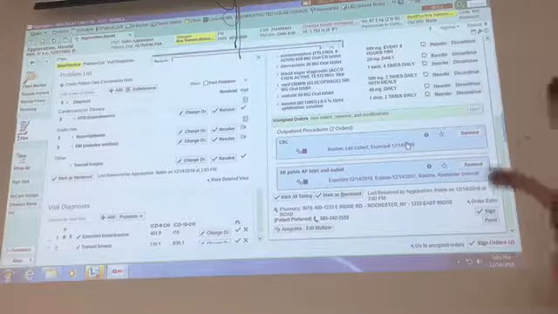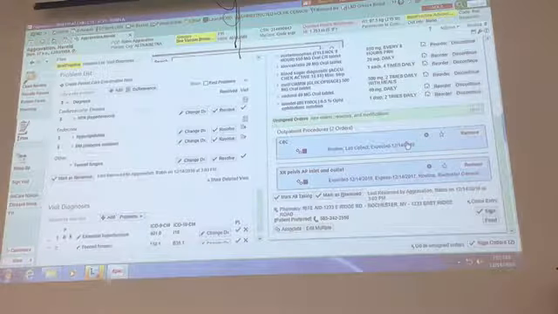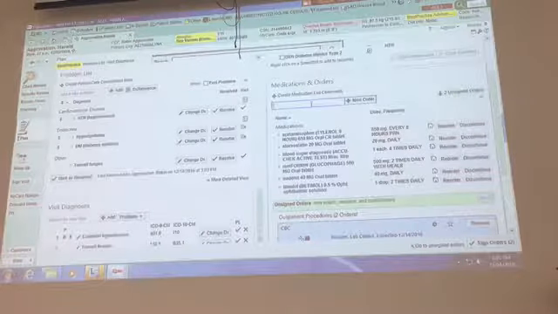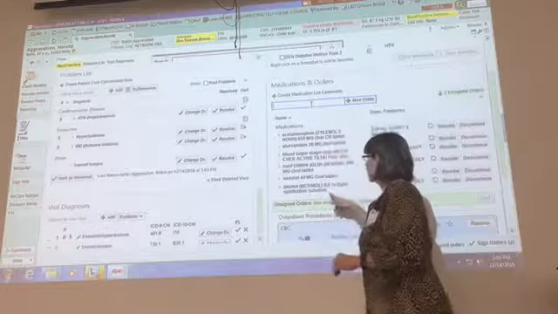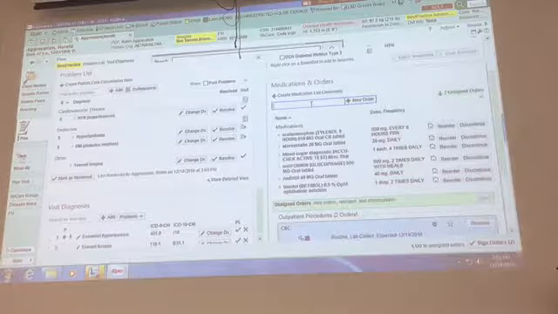Whenever you place an order, sometimes they might have stop signs that you have to select. So you call up all of your orders, and every order, including a med, has to be associated with a diagnosis code. If you're prescribing any medication, these are the medications that this particular person is on. Or if you're prescribing an antibiotic, a new med, best way to go